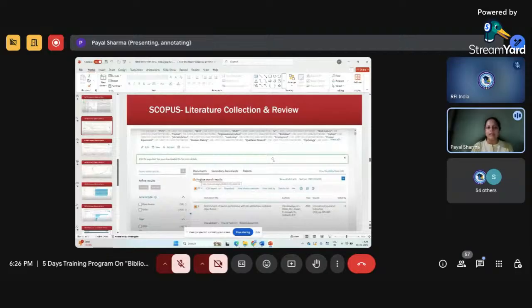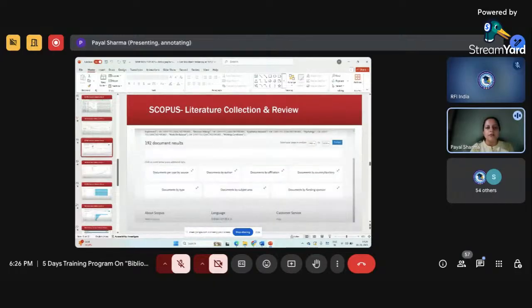right? Here at the top, you will find this thing, Analyze search results. In Scopus, you have to click Analyze search results. When you click this, you will find this dialog box open for you. And here you can find,